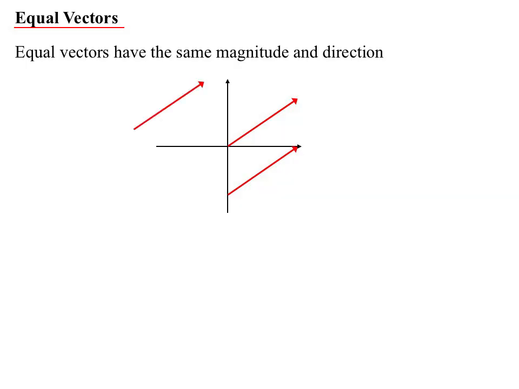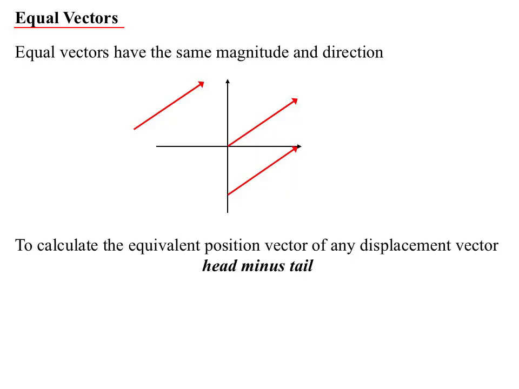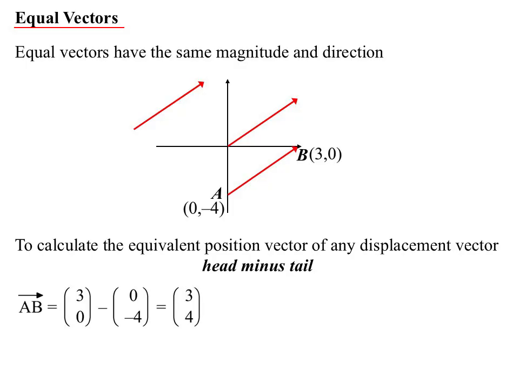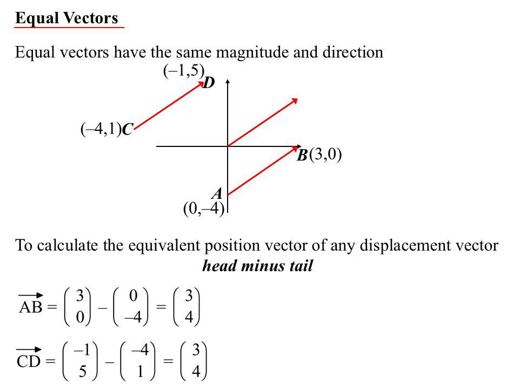So what is the position vector? What is this vector? Whenever you want to work out what the vector is, then you go head minus tail. So let's say we knew the x and y intercept of that first vector I drew in. Well, the head is (3, 0). I'm writing that as a column vector. And the tail is (0, -4). And I subtract, well, 3 minus 0 is 3, 0 minus negative 4 is 4. It's (3, 4). In fact, CD, that point there, if it had those coordinates, then sure enough, it would be